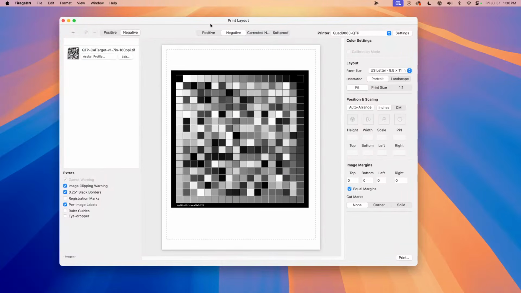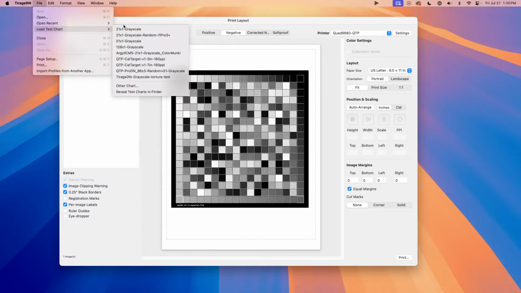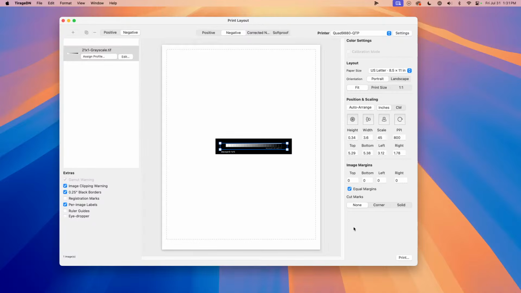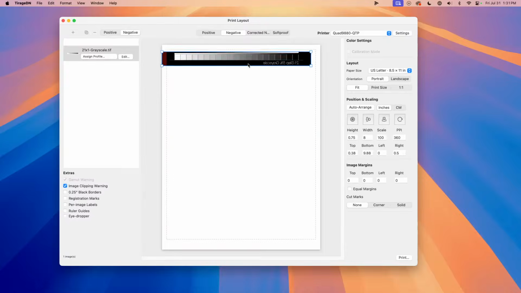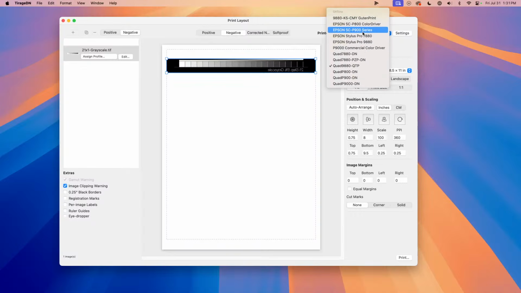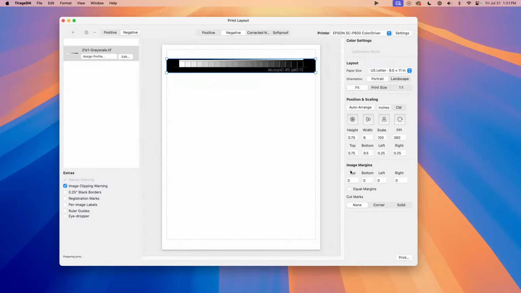But what we'll do is you can load on just a normal 21-step gray ramp, and we'll remove this for a minute. The cool thing is you can select it and just hit delete. Let's take off this margin and that black border, and we can make this that big. We're just going to print it as a negative with no profile. And what I would have you do is go to your favorite printer and hit print,